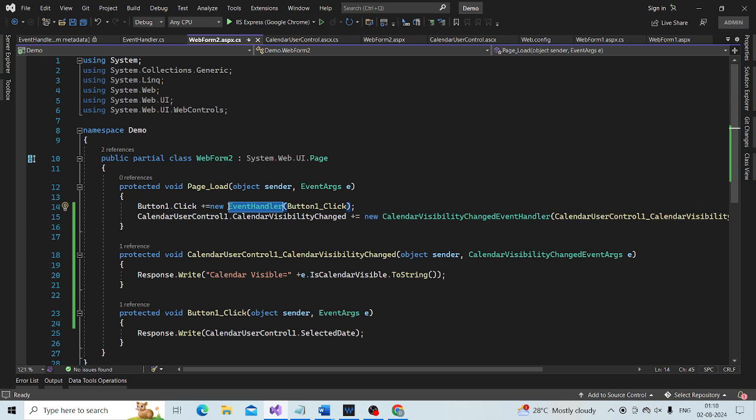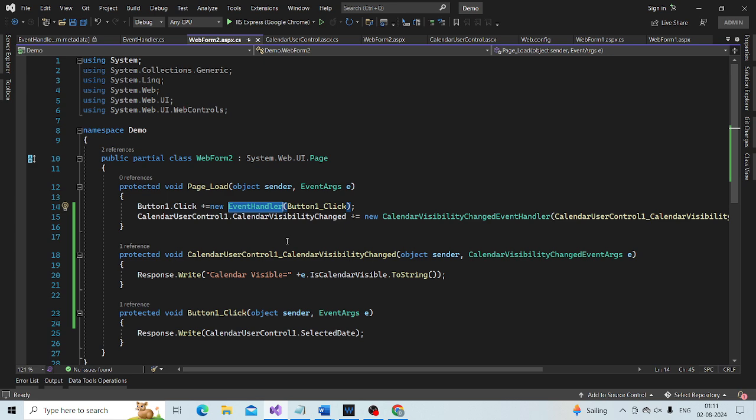It is very similar to how we hook up event handlers to the events of the standard ASP.NET control. Now most people feel these events and delegates are complex because there are several moving parts.